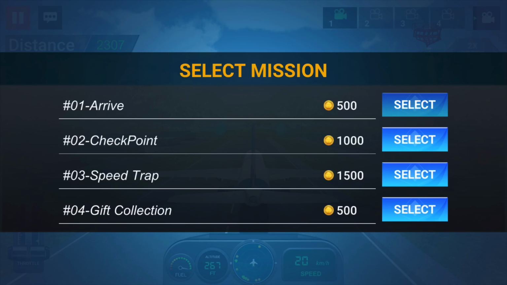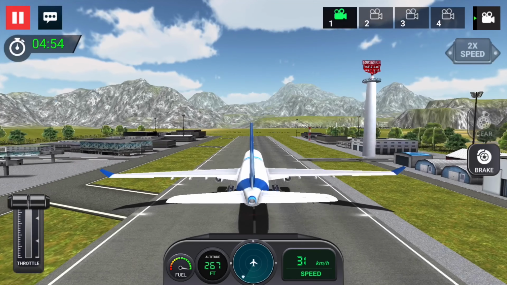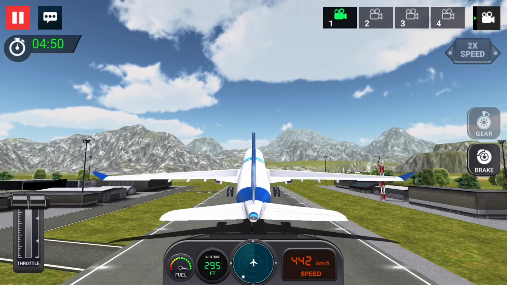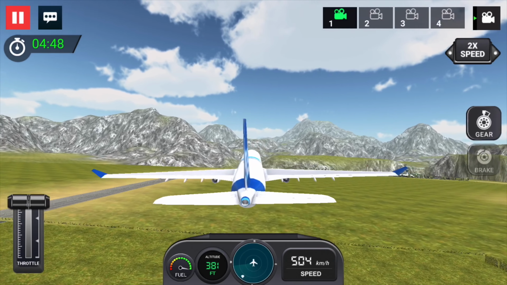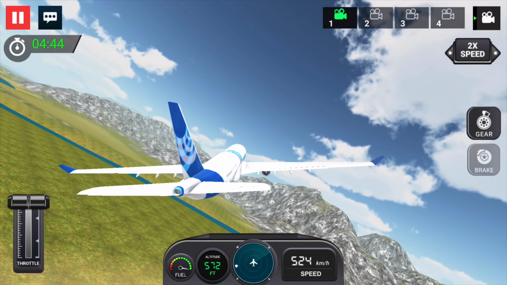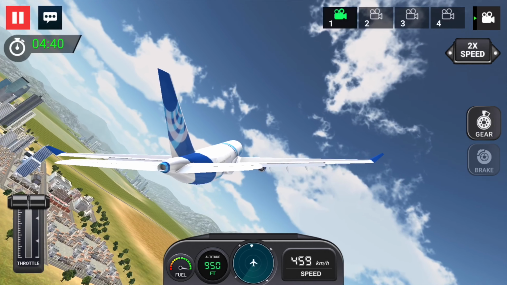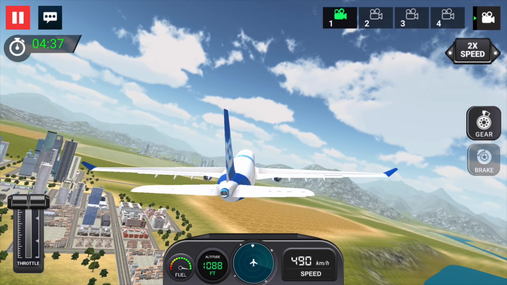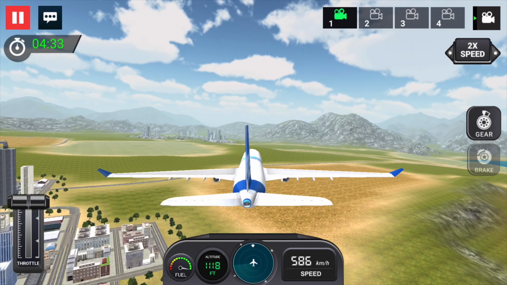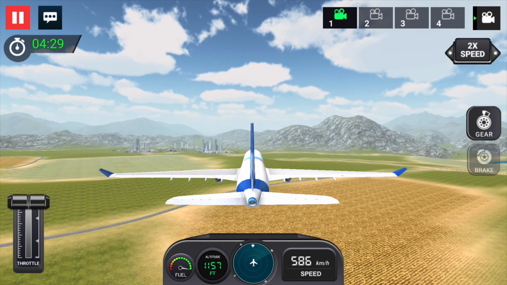I always do arrive, so I go to a certain airport. So I'm gonna go take off from the same airport we're at. Go take off, gear, and if you look at the timer, it says I have 4 minutes and 45 seconds. So what's going to happen is I'm going to have to go fly to another airport. If I look straight at the map below me, radar, it says that it's kind of far, so